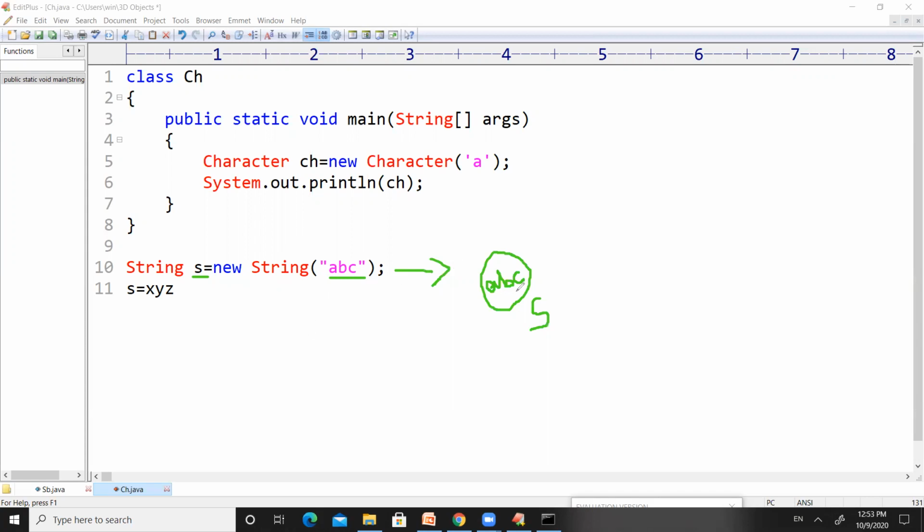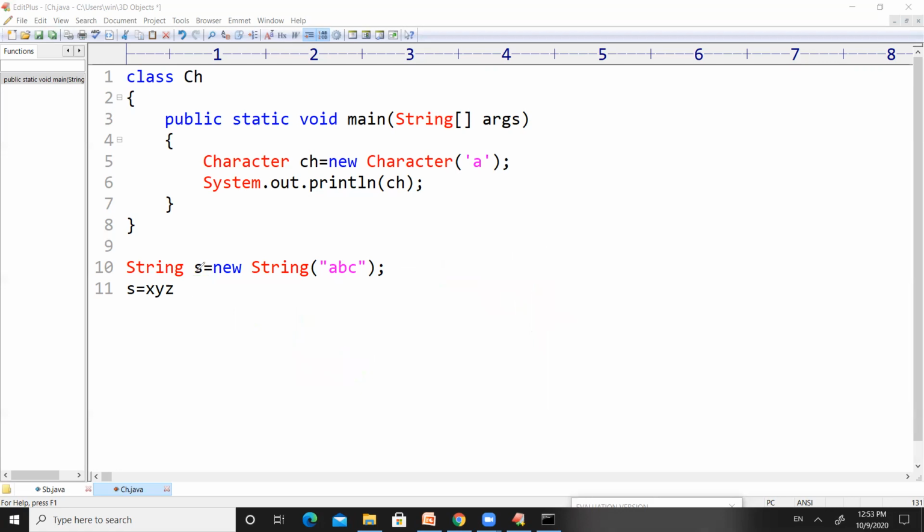So now a new space will be created, and the name of the new space is s, and it will contain the string XYZ, and the old space will be deleted. And if somebody again changes the content in s, again a new space will be created, and the updates will be performed in the new space. So this is what will happen in the case of the String class.